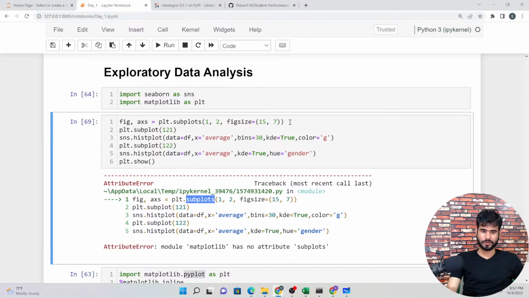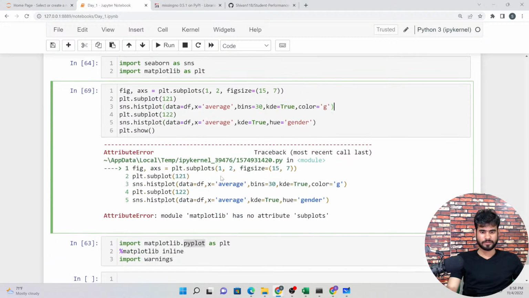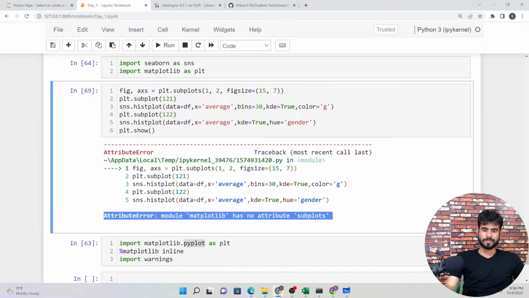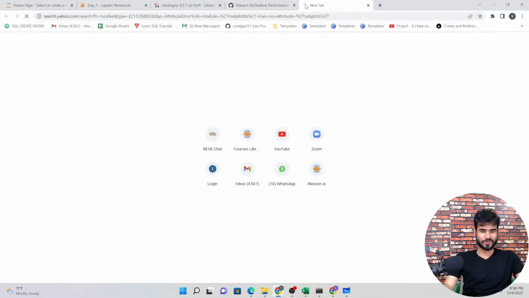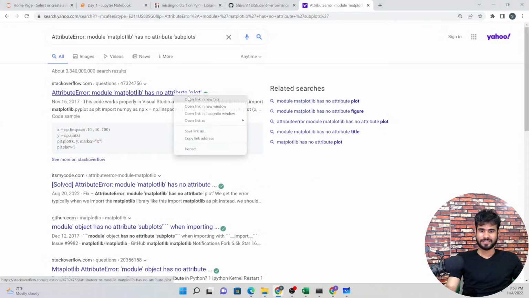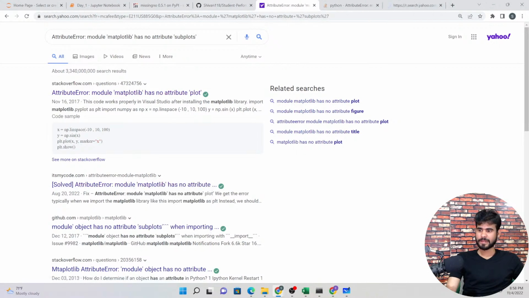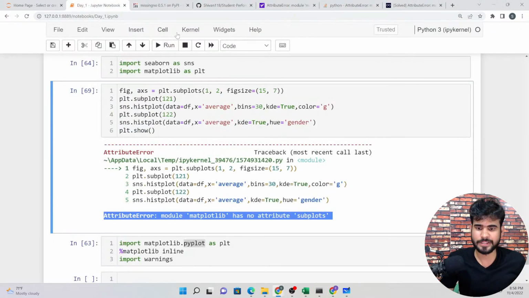Figure dot subplot is totally fine. The 7 that I have defined, no issue in this case. The color that I have defined. Let me do some googling, guys, let me explore a little bit. Or what I can do, let me rerun all cells.